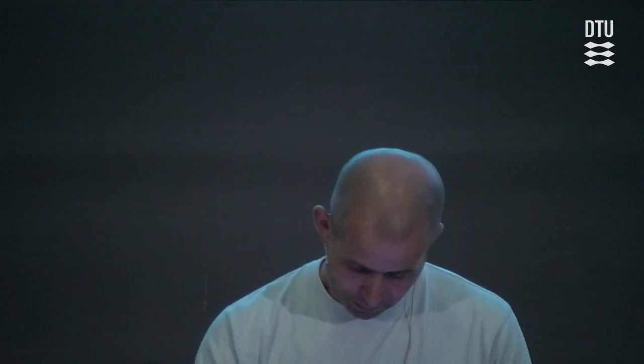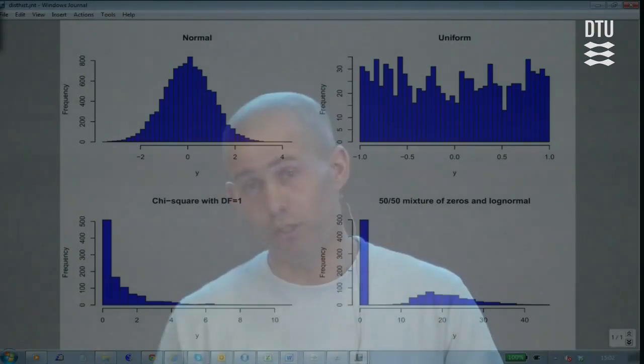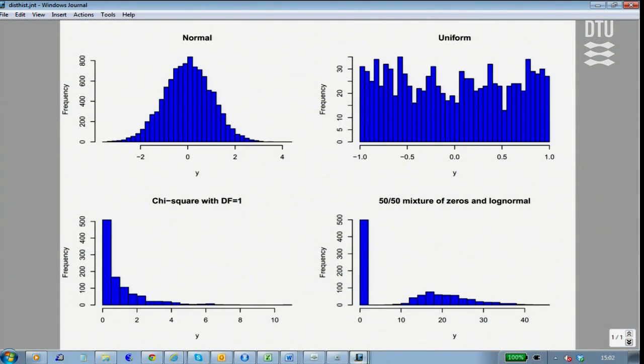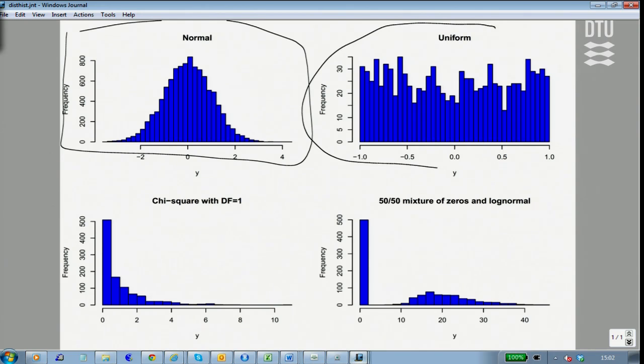Let's have a look. First of all, I am going to study 4 different situations to make my comparisons of those 3 different bootstrapping principles. I am going to look at the classical case where the data actually is normally distributed. Then I'm going to look at data that is truly uniformly distributed. So the idea is I'm going to try this many times in different situations and see how it actually works.